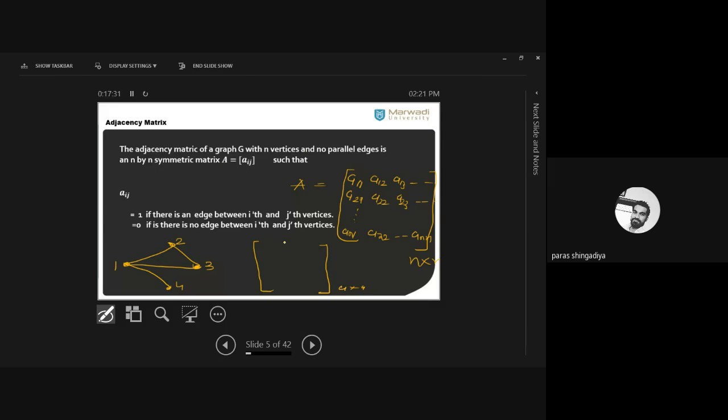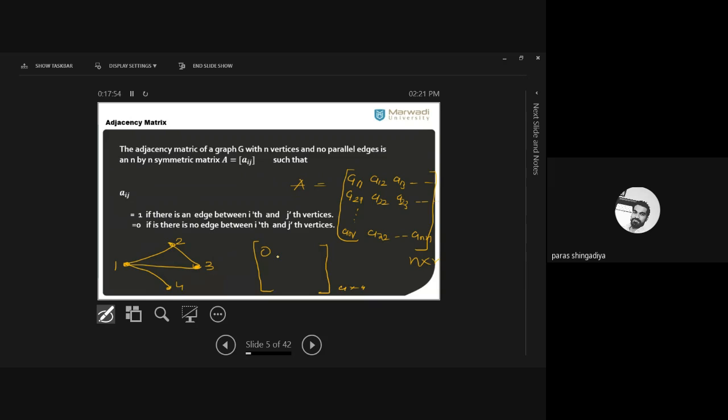So when we say there is an edge between first to the first, if there is a loop here, यहाँ पे अगर मैं एक loop बना देता हूँ 1 to 1, then it is known as an A11 relation. Okay. Right now there is no loop here. So A11 entry क्या होगी? That is 0. Okay. A11 entry will be 0. Means first is not related to the first.